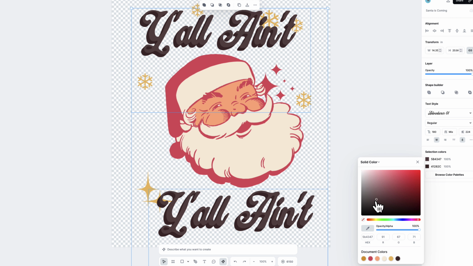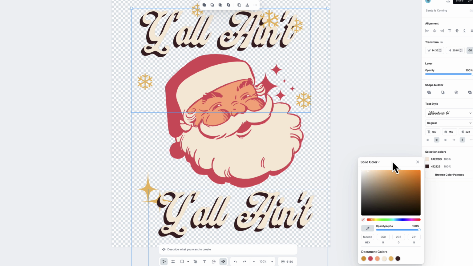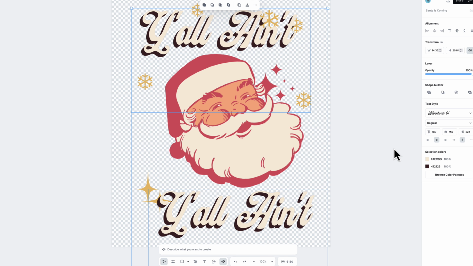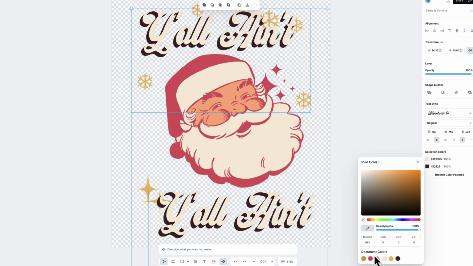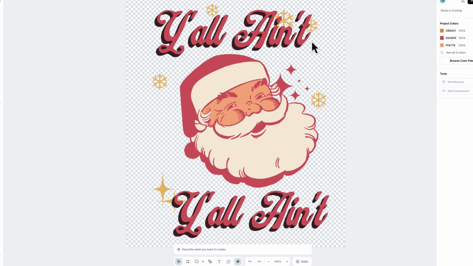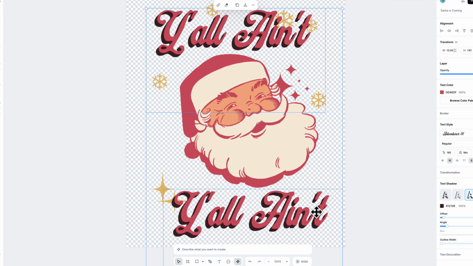And you can see it changing the font. All right. But I want that drop shadow background to be gray like that. Now we're going to click on these again and we're going to click right there and we're just going to click that red, which is the same red used in Santa. So now I'm going to change these snowflakes to gray